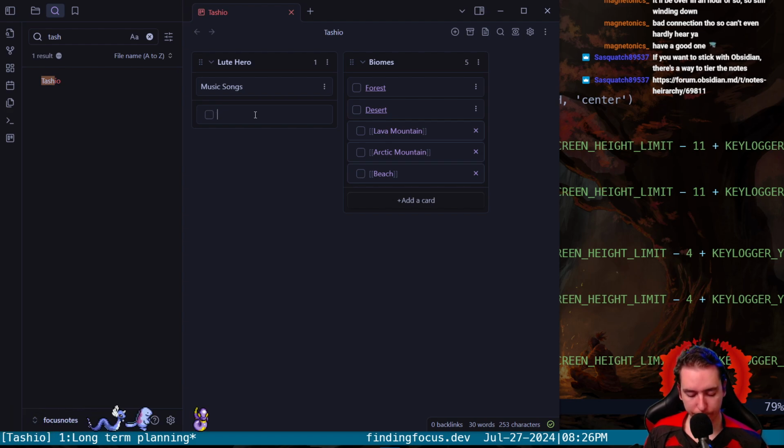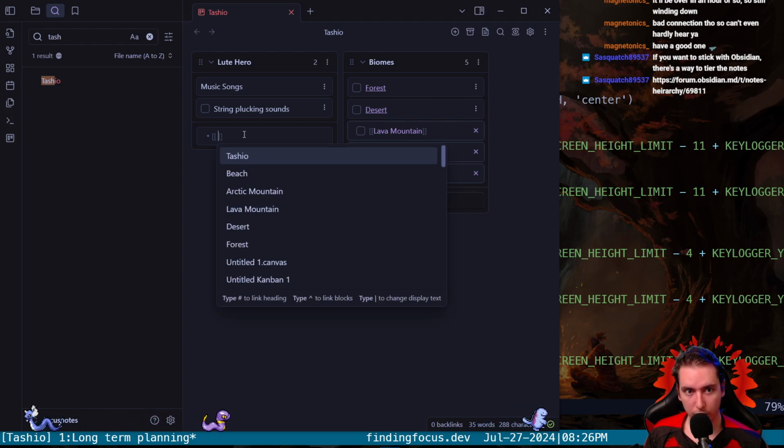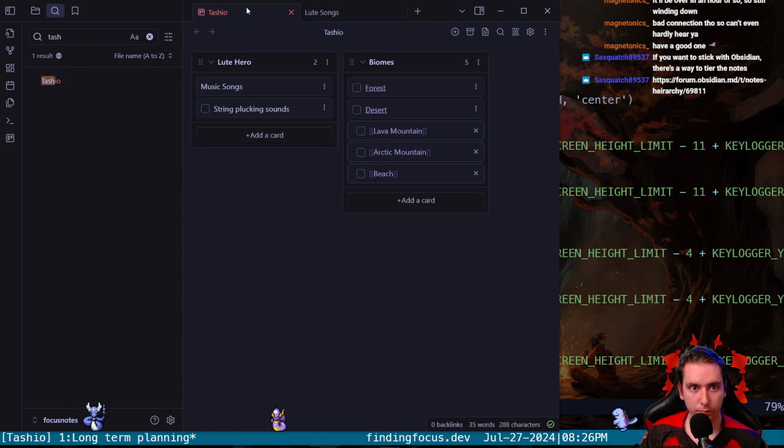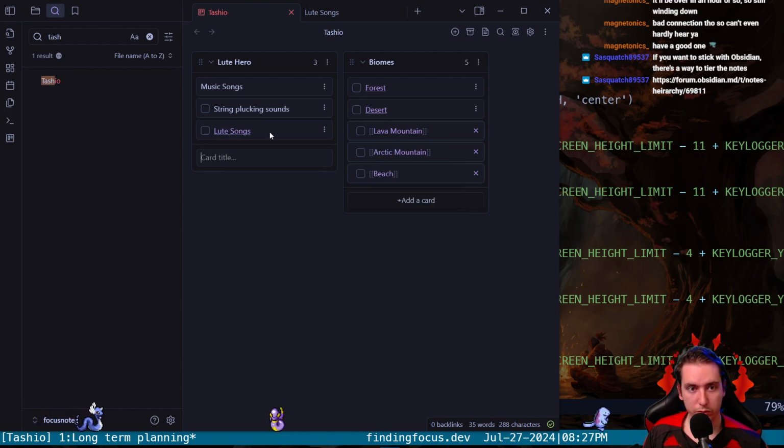I'm gonna say... String sounds, string plucking sounds, and then we need, and actually this would be, you know, we would need to nest this stuff into maybe, we would have songs, right? We need the songs, so we will call it... wow. Okay, I am still very much learning how to do this. Okay, so loot songs,